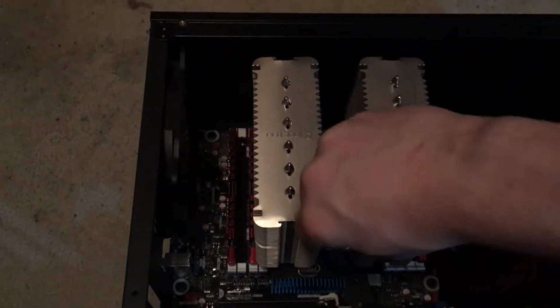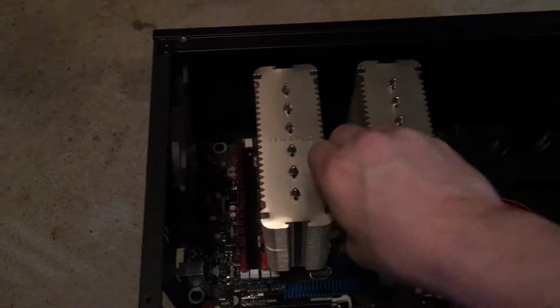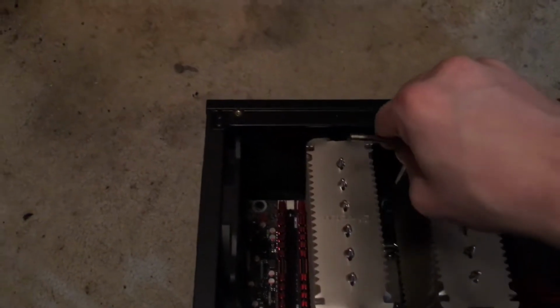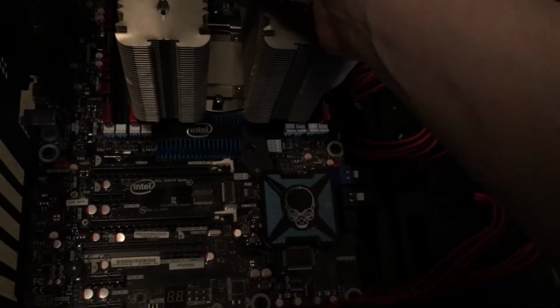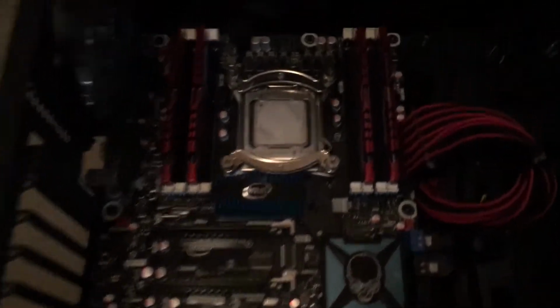Really should just get a damn, what do you call it? Alright. Okay. Pop it off one side. Okay, here we go. All right. So there's the old whatchamacallit,